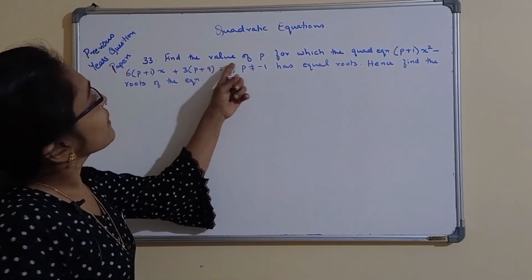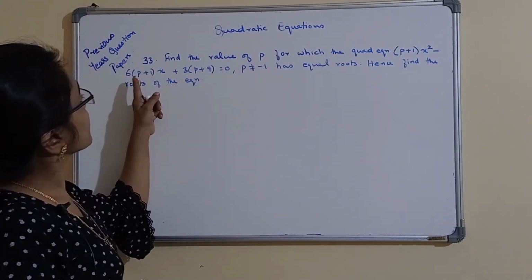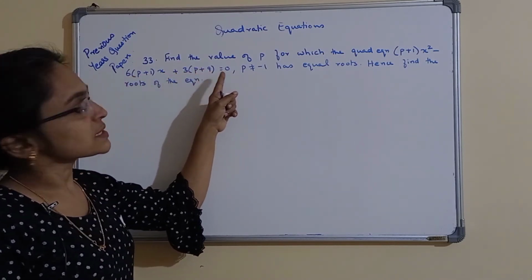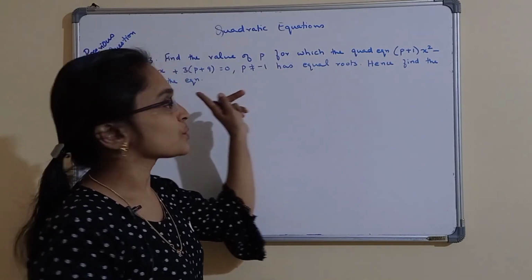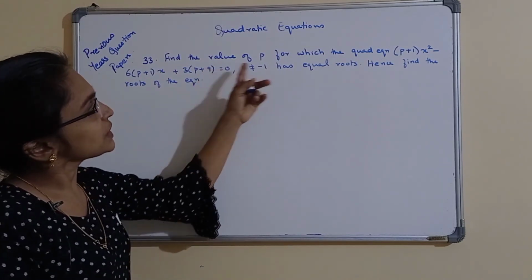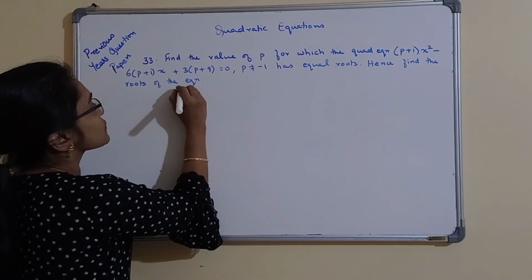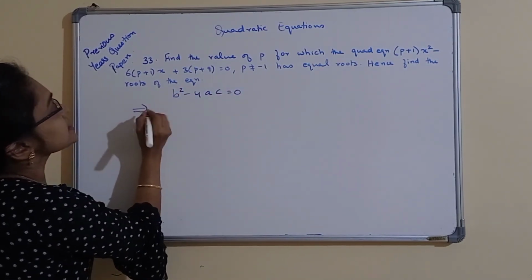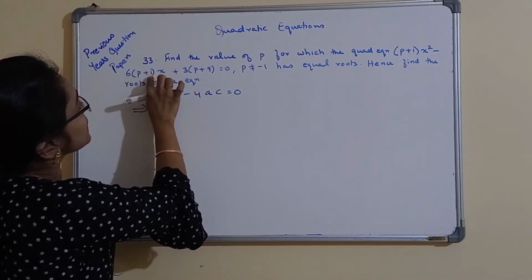Next one is find the value of p for which the quadratic equation p plus 1 into x square plus 6 into p plus 1 into x plus 3 into p plus 9 equal to 0, p not equal to minus 1, has equal roots. Hence find the roots of the equation. We have to find the value of p for which this has equal roots, that is b square minus 4ac equal to 0. So this implies b square minus 4ac equal to 0,